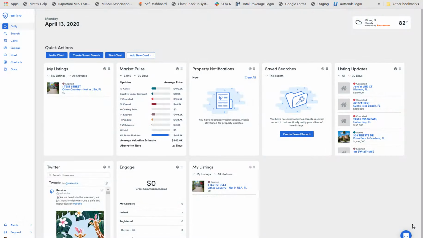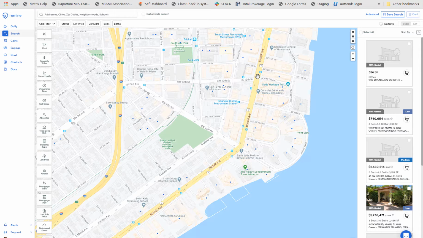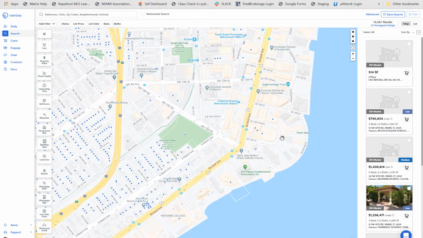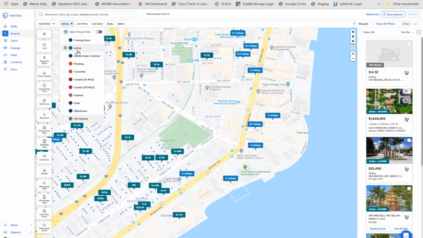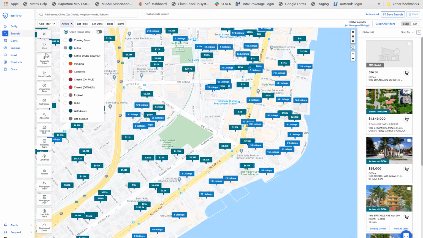You can use Remine to get more information about a specific building or condo complex. Simply go to search, position your map in the general area. I've chosen to position mine in the Brickell area. I'm going to specify status active, and with the filters on the left hand side, I am going to specify